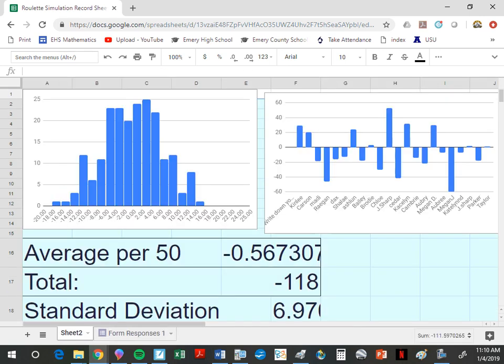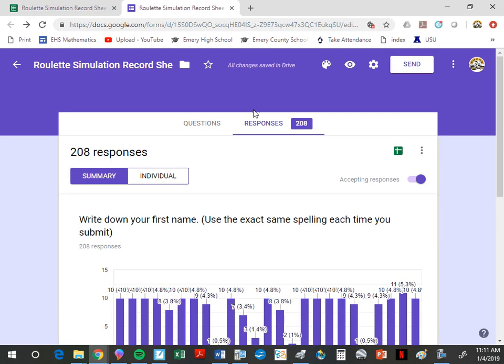Actually, there's an easier way to do this on my end. I need to pull up the roulette simulation page. Okay, 208 responses, which means there are 208 sets of 50, which means